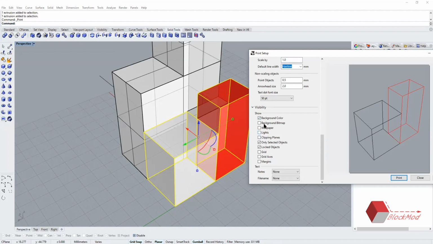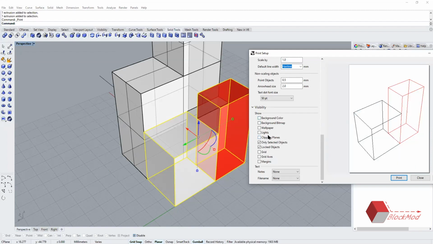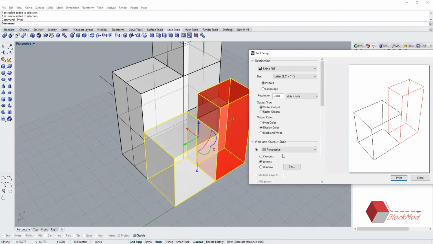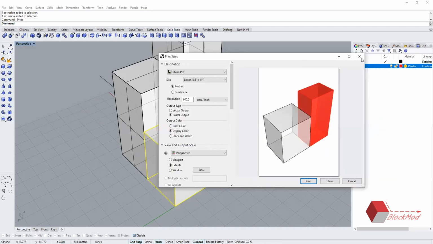If you want the background gray color, you can have it, or if you don't need it, it's okay. There's one more, rastered object. So vector output and rastered object. The reason for having these two is that many times you might have also seen drawings where there are bold boundaries and the rastered objects are very concretely seen.